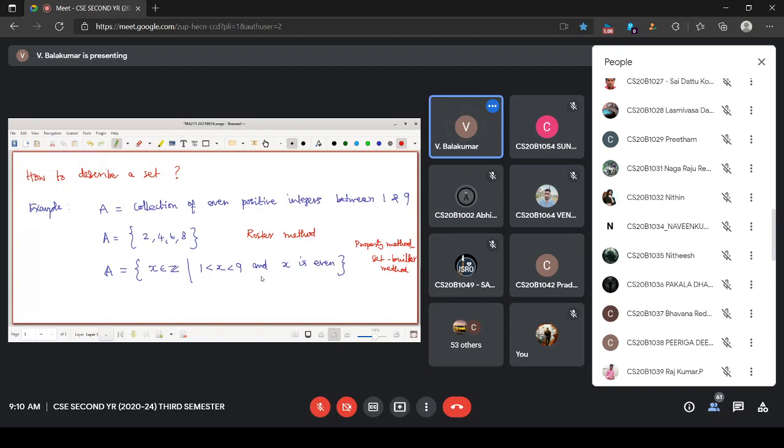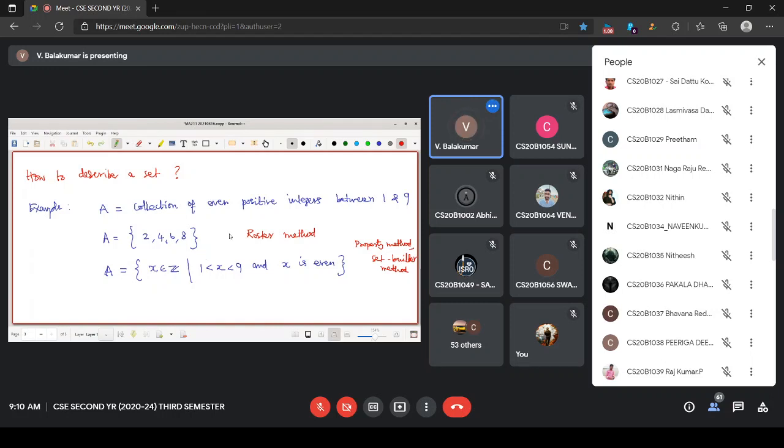Names for this. We prefer the third one or the first one. Usually the second one is difficult, listing all the elements. It's usually difficult, time consuming, laborious. So we shall prefer either you describe in terms of English or you describe in terms of the set builder method or property method.